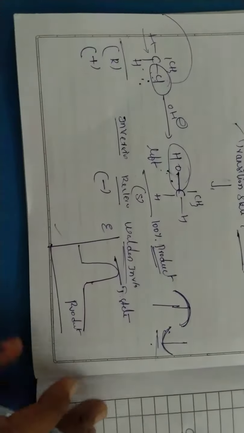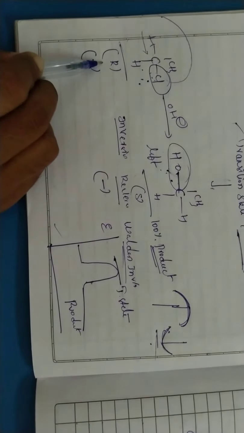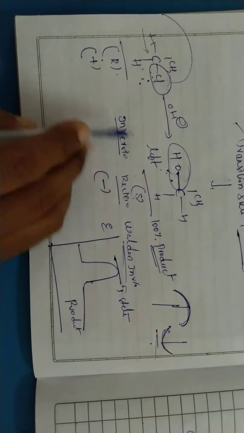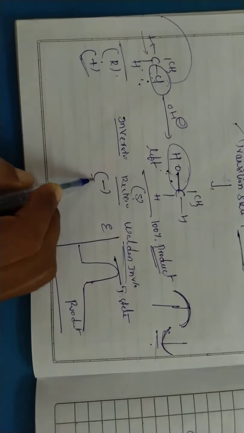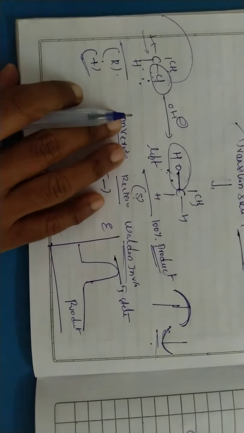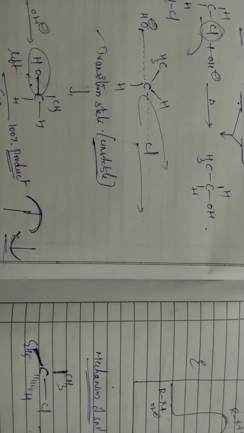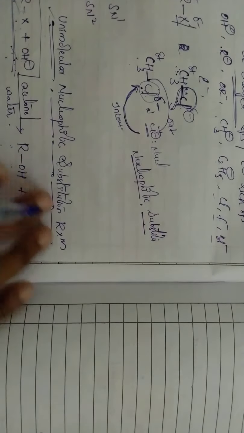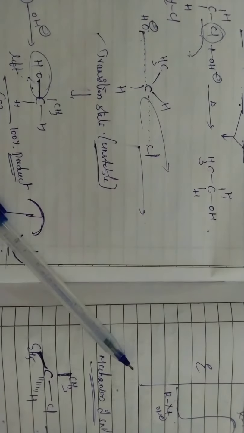And stereochemistry, what about stereochemistry? We have already discussed here. In stereochemistry, if you are taking R product, we are getting the exactly opposite, which is S. If you are taking the plus product, we are getting the minus. So this is the stereochemistry of SN2 reaction. So with this, I hope you all clearly understand what substitution reactions are, nucleophilic substitution, and next SN1 and SN2. In the next topic, we will discuss further chemical reactions of halogen compounds. Thank you.